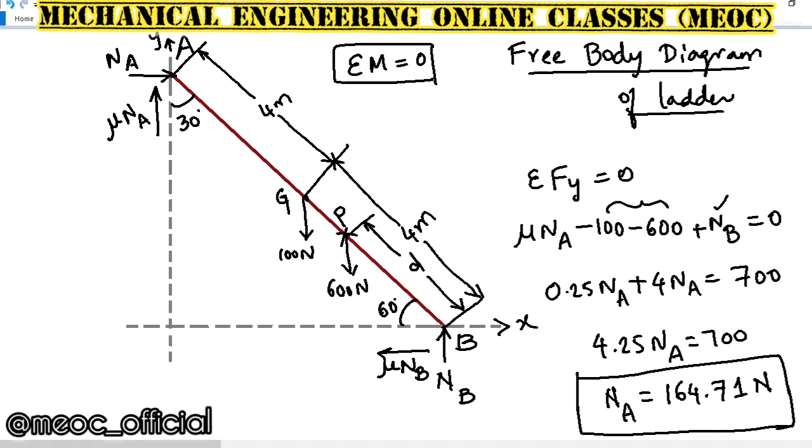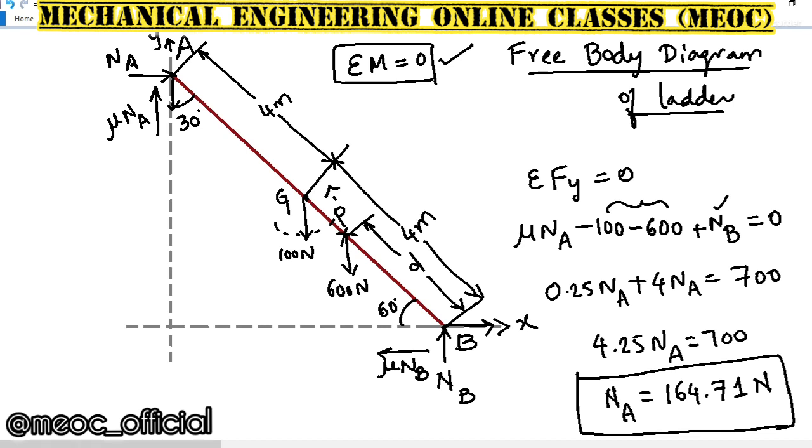For static equilibrium to exist, sigma M should also be equal to 0. And when we are saying that the ladder can slide, we are saying that there might be forces that will lead to some turning effect on the ladder. So if this point slides down, this point slides right, point A is coming down, point B is going right. In such cases, there is a rotation of the ladder. So there is some moment or turning effect. So the turning effect should be 0. So we have to find P when sigma M is 0.